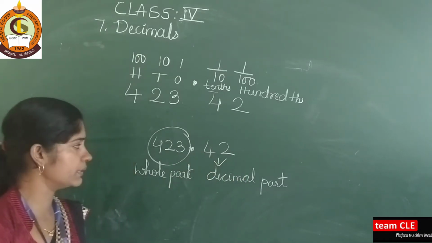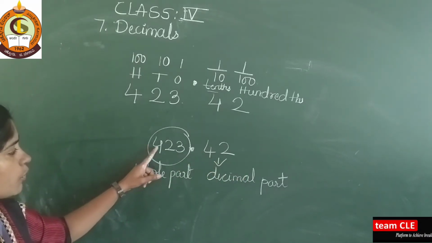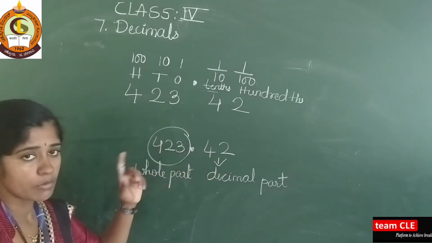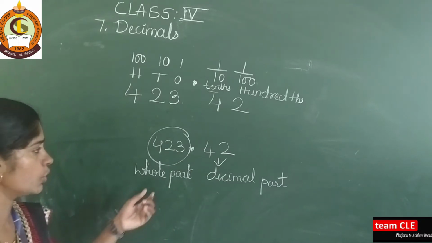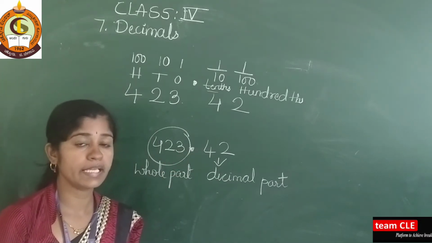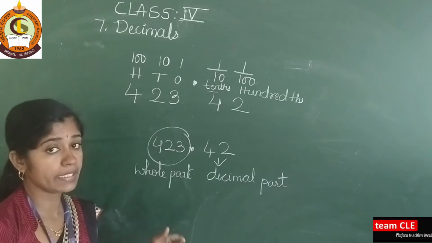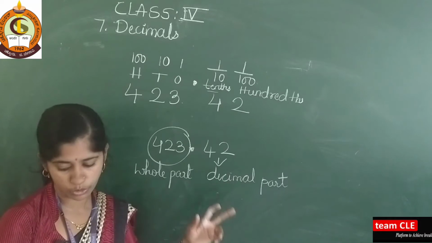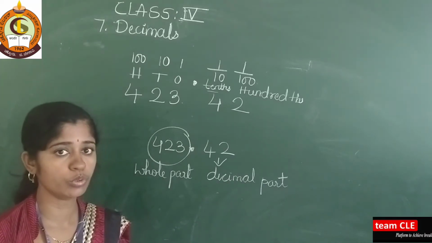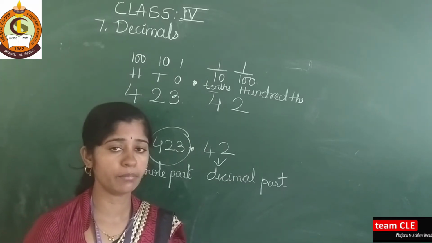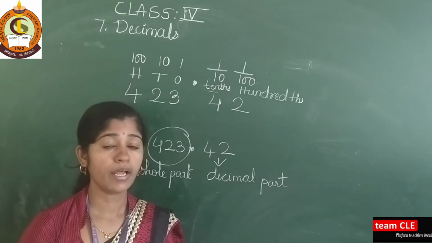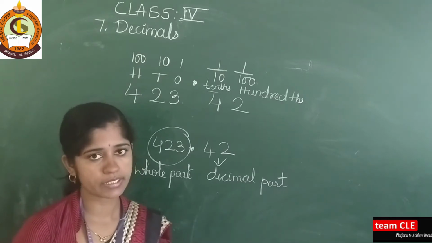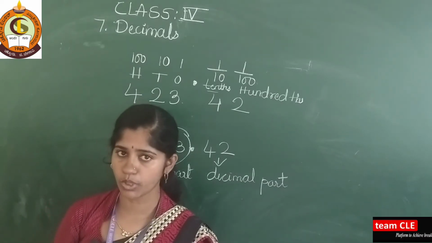How to read these numbers? We read this number as 423.42. See, this point we learn in geometry also. Here we are calling it a decimal point. And how to read this? 4, 2, 4 and 2. In my practice time, you have to read the number, write the number, expand the number, and write the standard form of the number. If you understood this, then you can do my practice time 1 easily.